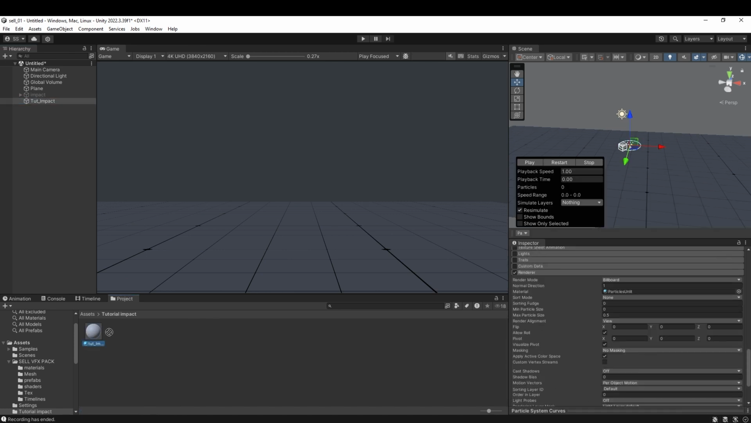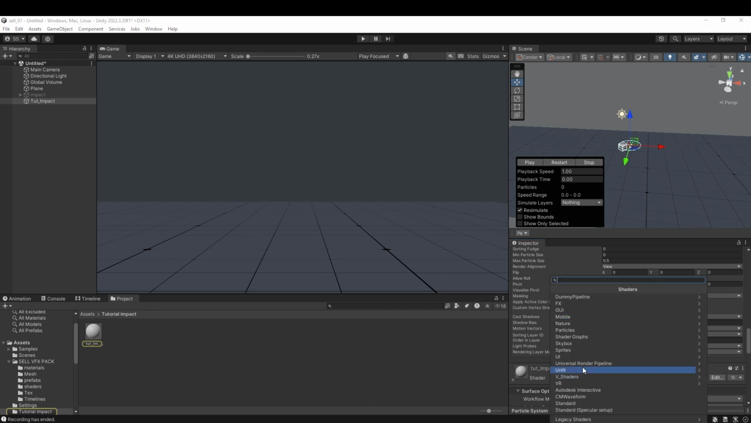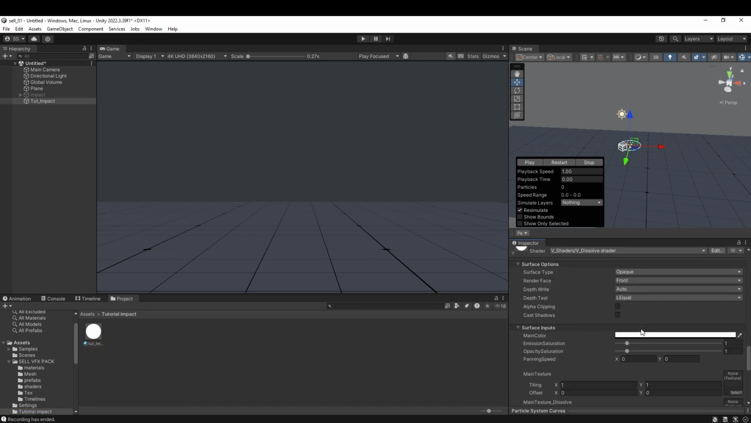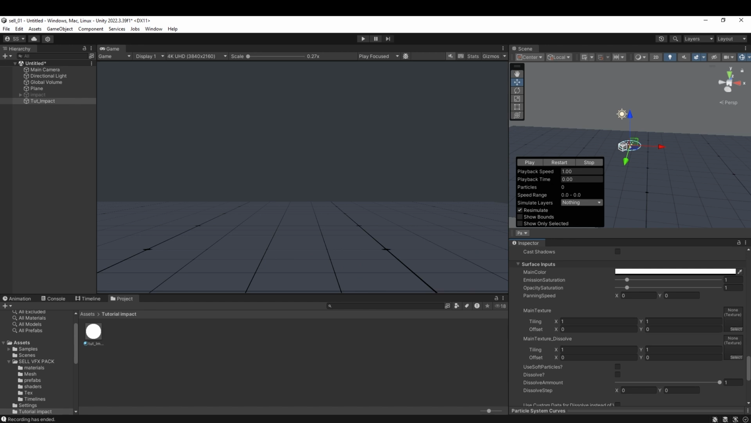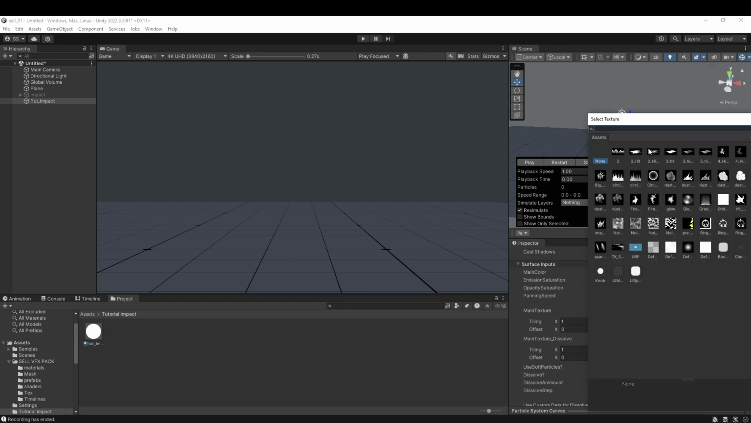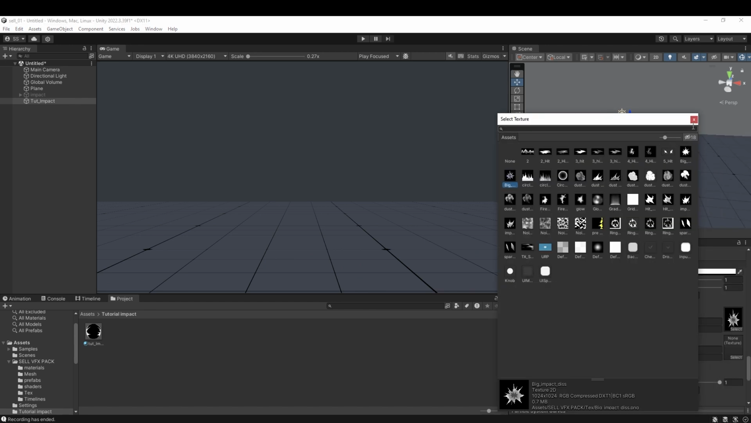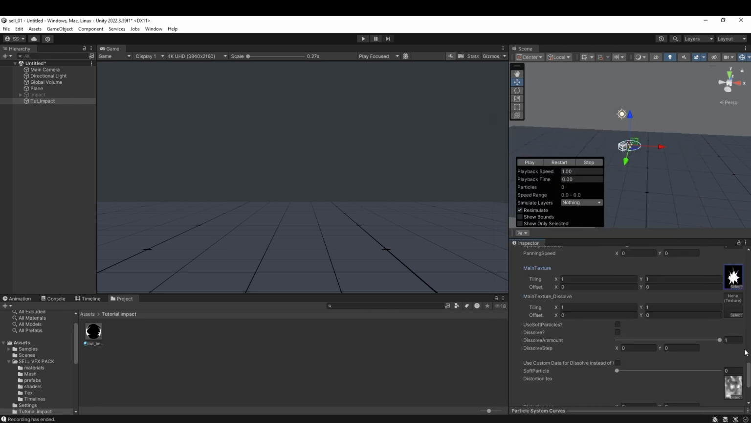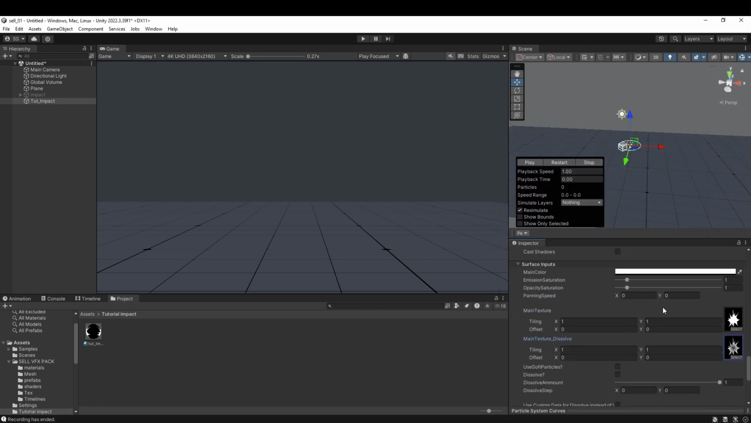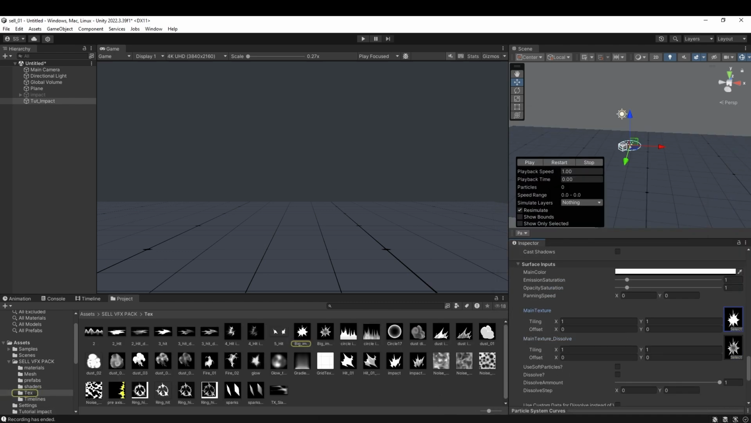For the effect, we're going to use a dissolve shader, and the dissolve shader is controlled by two textures: the main texture and the dissolve texture. So right now I'm going to show how to make this texture in Photoshop. Let's go to Photoshop, create a new layer,